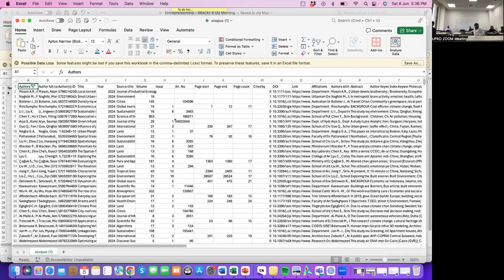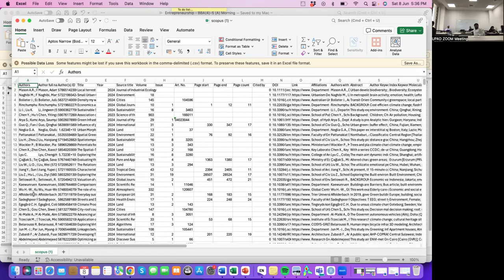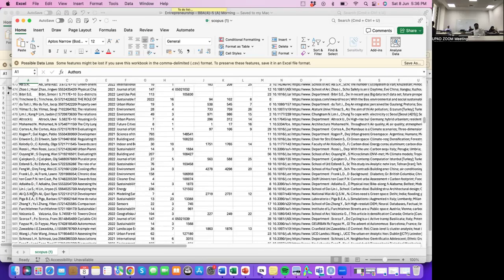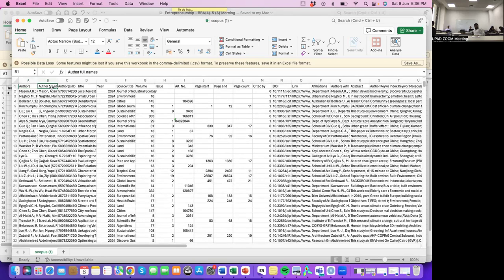Okay, so this is a complete file. We have to, of course, do some alterations in the format if you want to do that. For example, this is a list of all the authors of all 1500 papers that we had, right? So it has exported all the key information into one file. The author's full name, short forms, as you can see AR, and here you can see the full form, the author ID, title. Source title is the name of the journal where they were published, for example, Journal of Industrial Ecology, this one. The details of where it was published, issue number and volume number, DOI link to the publication, affiliations, Department of Civil Engineering, where the author is affiliated,